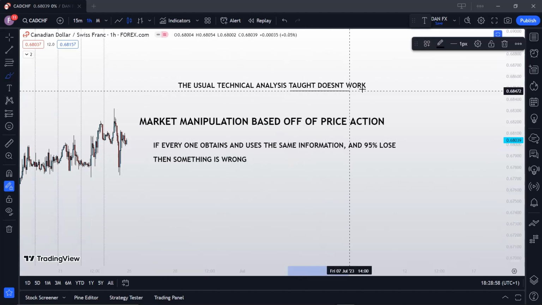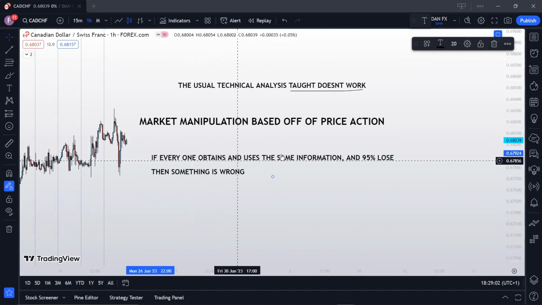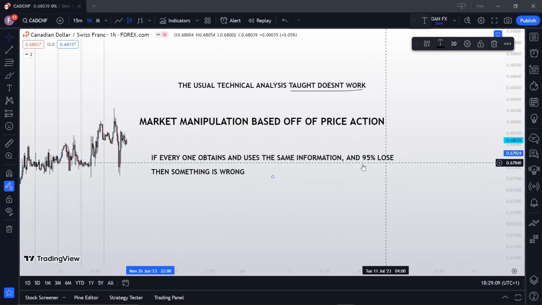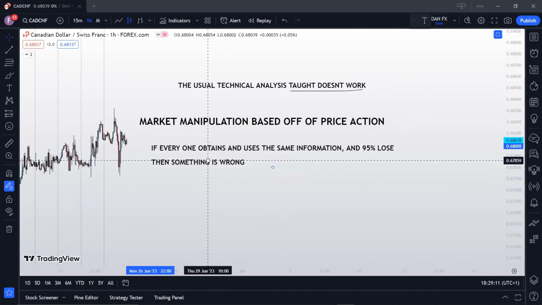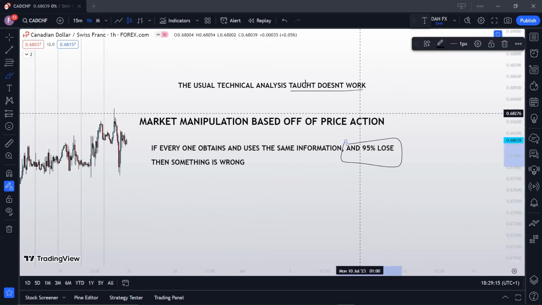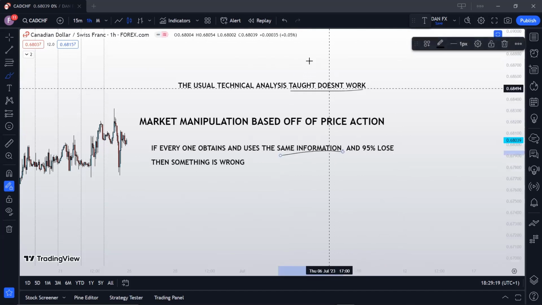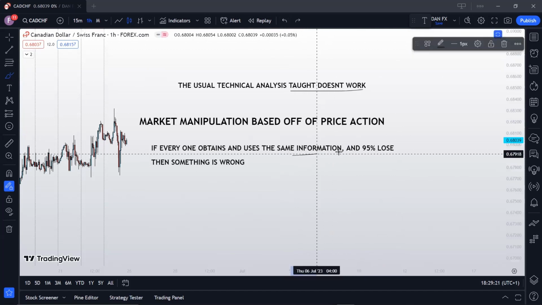It does not work. If everyone obtains and uses the same information, and 95% statistically lose or blow their accounts, then that means something is wrong. It's either something is wrong with the 95% of the people, or something is wrong with 95% of the information being released out there on the internet for free. Now,